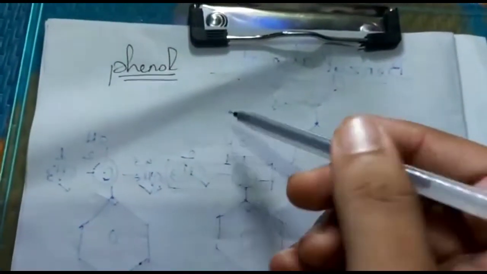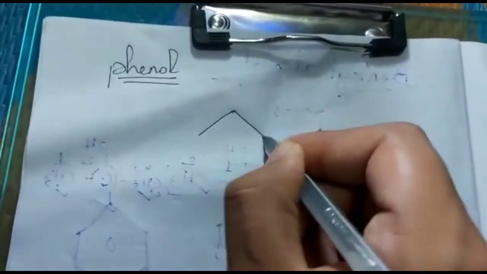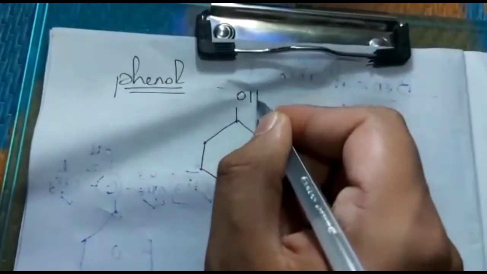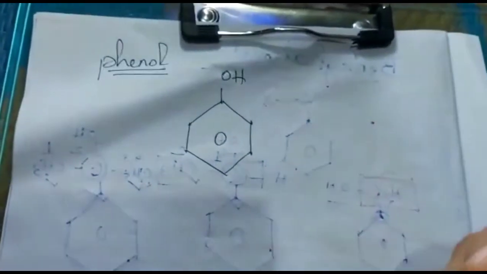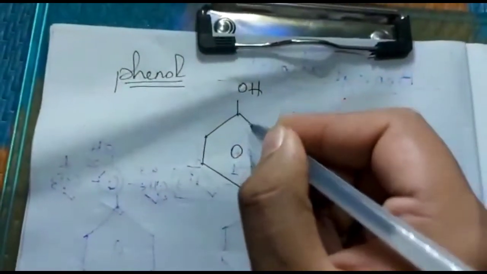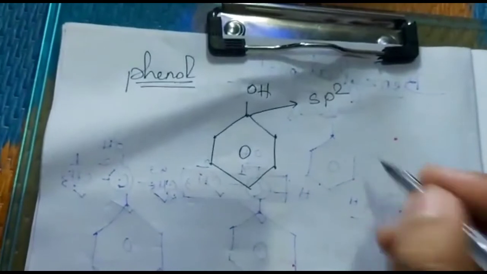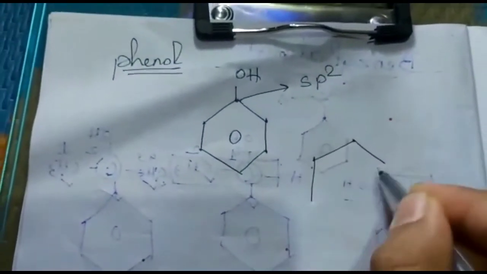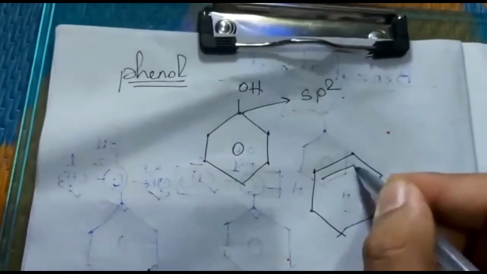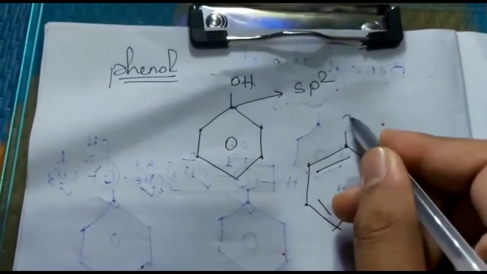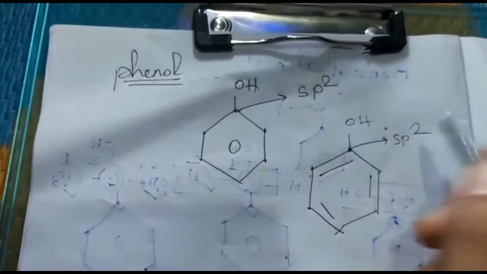So now we will discuss phenol. In the previous video I discussed phenol. You can remember phenol means the benzene ring is directly attached with OH. This one is known as your phenol, and this carbon is an sp2 hybridized carbon. Why? See the exact structure of the benzene ring. Alternate double bonds are there in the benzene ring, so in this position a double bond is attached. So this carbon is your sp2 hybridized carbon. Okay, it is your phenol.